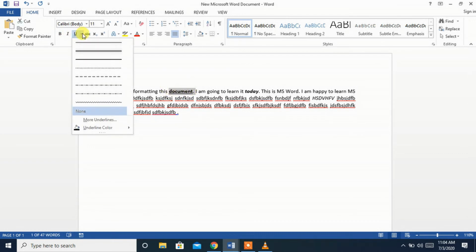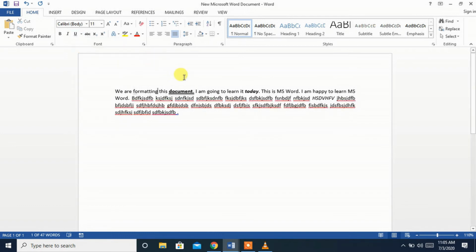Here near that you can see arrow mark. Which kind of underline you want? So if I want double underline, I click that. You can see a double underline is under the particular word. So this is how to make a word or a sentence bold, italic and underlined. If I want this particular sentence to be bold, select it and click on that B option. It will be bold. Hope you understood bold, italic and underlined option also.